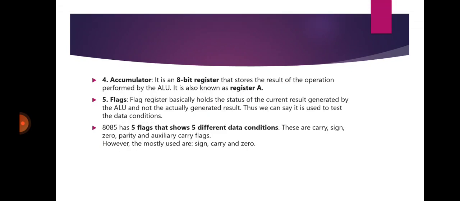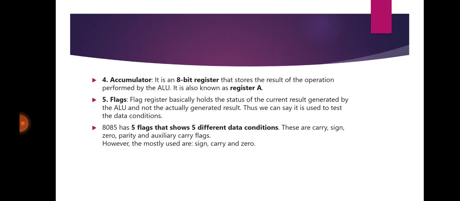As I said earlier, there are 5 flags whose results depend upon the operations. Whenever the sign changes, I mean positive or negative, the sign bit is D7. When D7 is 1, it reflects that there is a negative sign in the value. When the D7 bit is 0, it represents a positive value, and this is the sign flag.